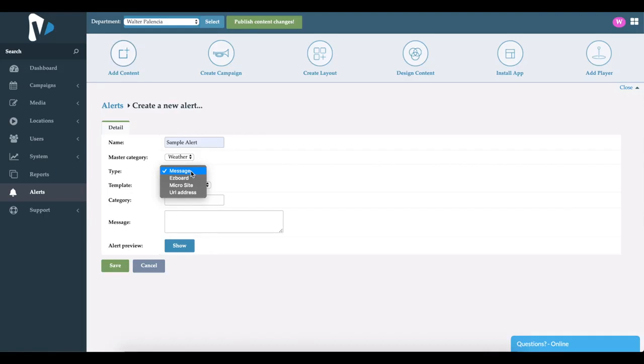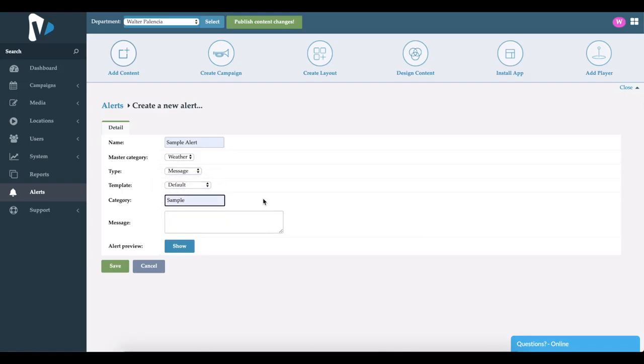Easy board is if you want to create an easy board with an alert, you'd be able to do so. Same thing with microsite. Or if you are tying into any other system, you can bring in the URL and we can listen out for it. So in this example, I'll go ahead and click message, template, I'll go ahead and choose default,